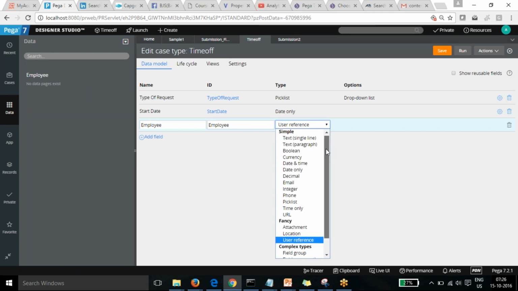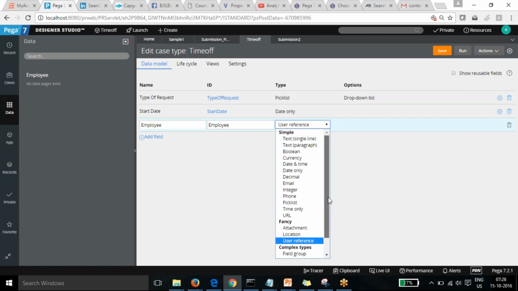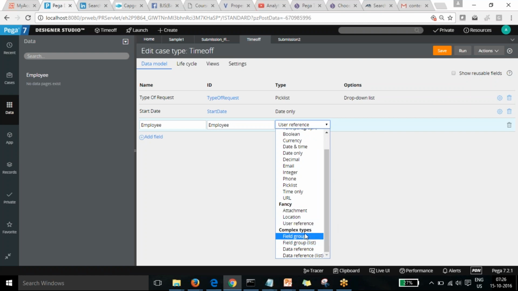No, not that. I was just looking at that. There was confusion about how to create a single page only in 7.2.1. This is for field group. This option was there in 7.1.9, but in 7.2 I'm not able to find it. There should be one more type just to create a single entity.